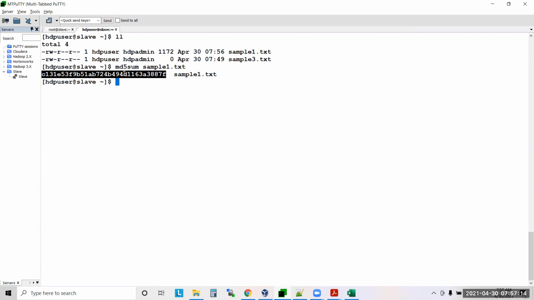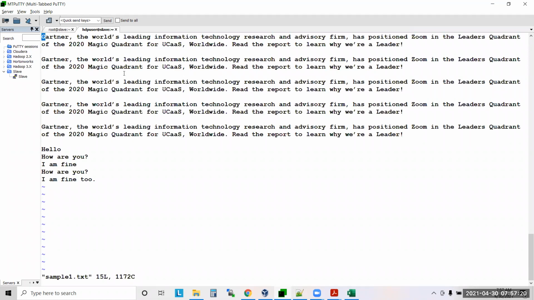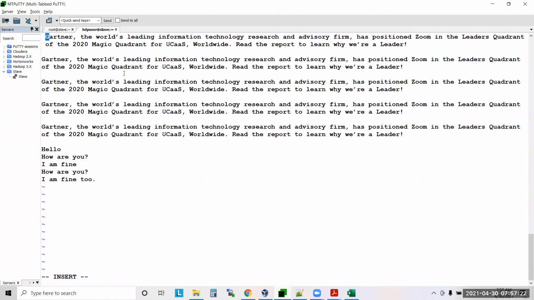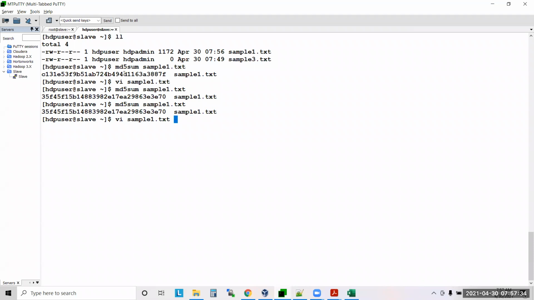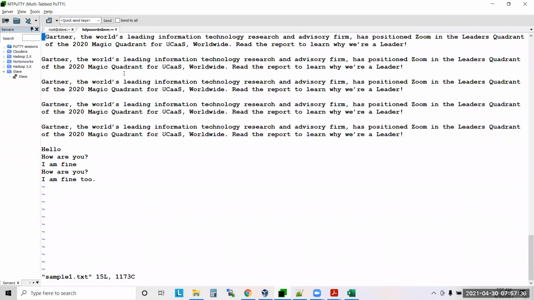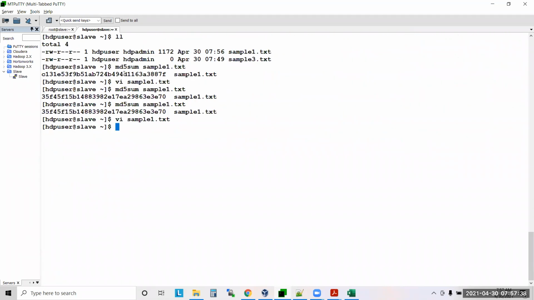Now let's say I'm opening sample1.txt and just adding one extra space, guys, one space, and saving. Now you see md5sum, has it changed or not? One extra space I have given. Yes or no? Now I'm deleting that extra space, and save and close.